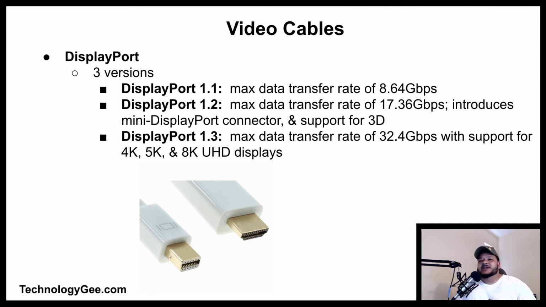The maximum data transfer rate is 8.64 gigabits per second. You have 1.2. The maximum data transfer rate is 17.28 gigabits per second, and it introduces many DisplayPort connectors and support for 3D. Then you have DisplayPort 1.3. The max data transfer rate is that of 32.4 gigabits per second, with support for 4K, 5K, and 8K UHD